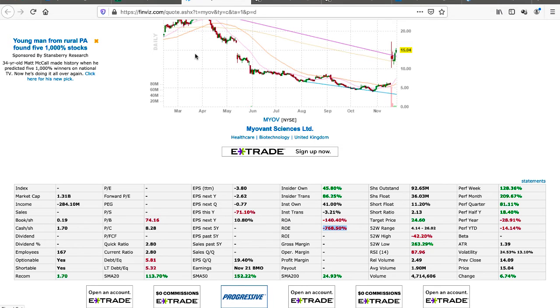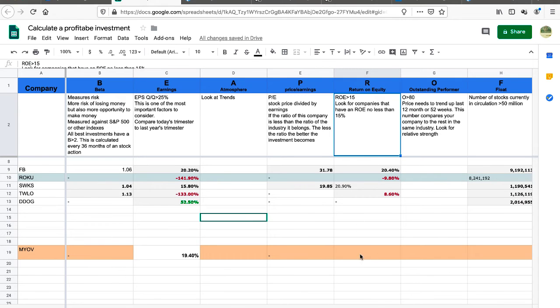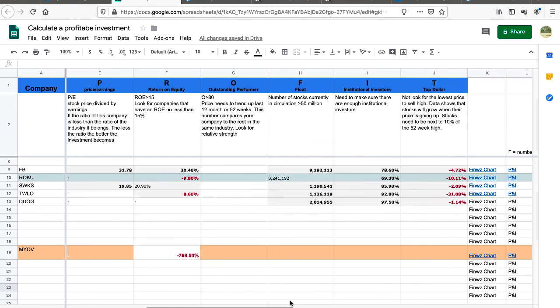So return on investment is this big, huge negative number. So this one already for me, this one was okay. I don't care about the beta if it's still a new company, but this company is like bleeding money. So it's hard to trust a company that has been losing this much money year over year. Number of stocks,